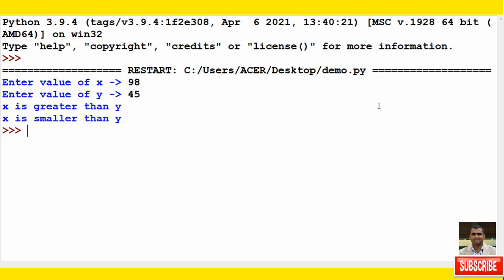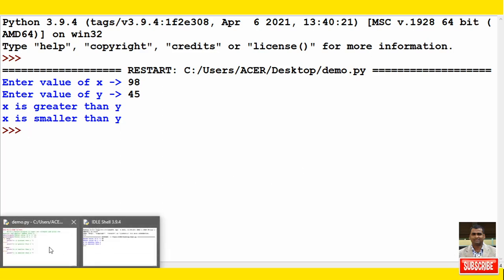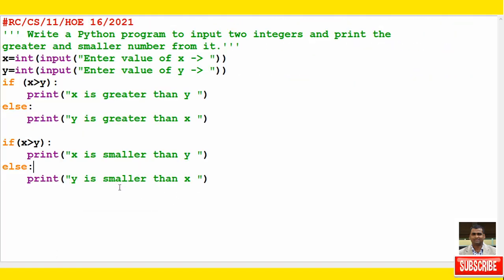All right, x is bigger than y, and you see x is smaller than y. Maybe one condition, let me see, this statement is not coming correct. So maybe in the message you see, here I had not changed the condition. I should change the condition here. So that is the reason, x is smaller than y.